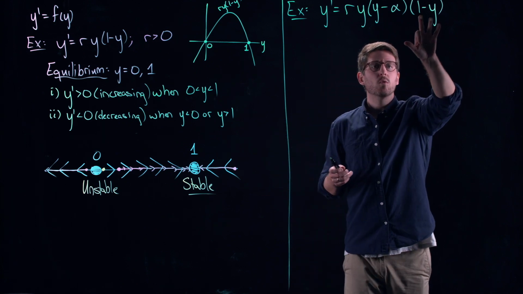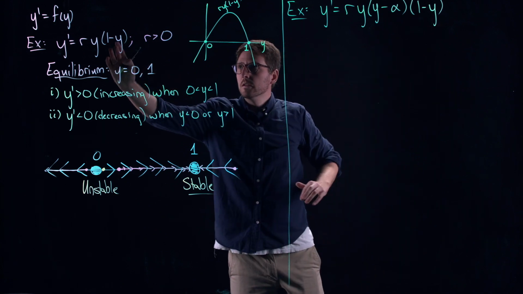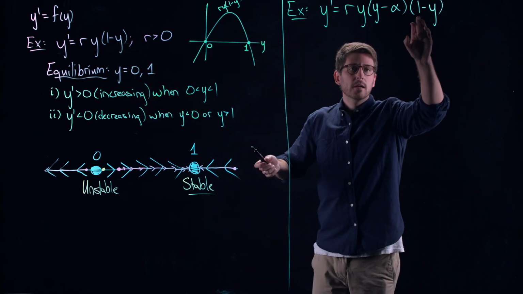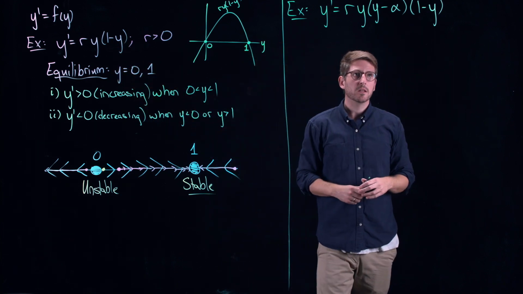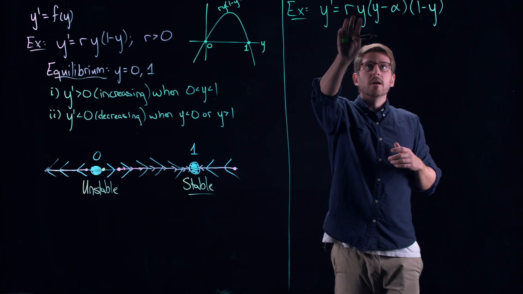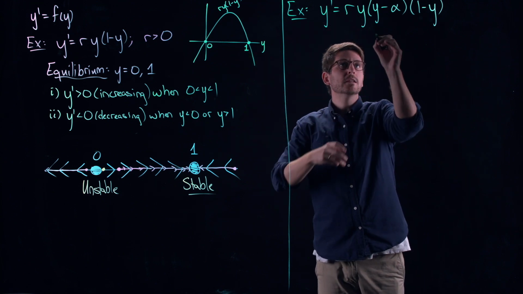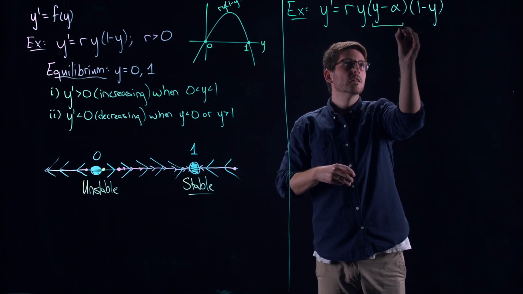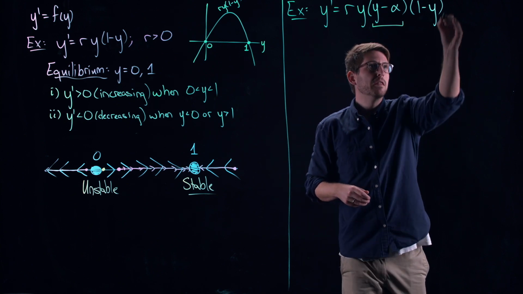So we can see the 1 minus y term in here again, same as the logistic equation. 1 is 100% of the population. We see very, very similar terms. The only thing that's different is this right here. Now in this case,